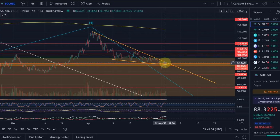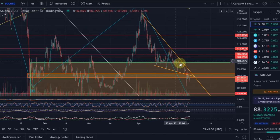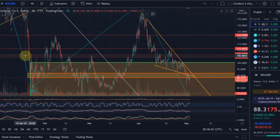To do that, you need to break above $94. If I said cents here, cents at any point, no, it's of course dollars. So if we move above $94 here, then the next level would be the $100 level. So even then, you're not really breaking out, because the problem is you have a very significant resistance level along the way. So for example, breaking out of the wedge and going long, I'm not telling you not to do it, that's up to you, but I'm telling you it bears the risk that we run into resistance very fast. So the risk to reward here is not great in my view,